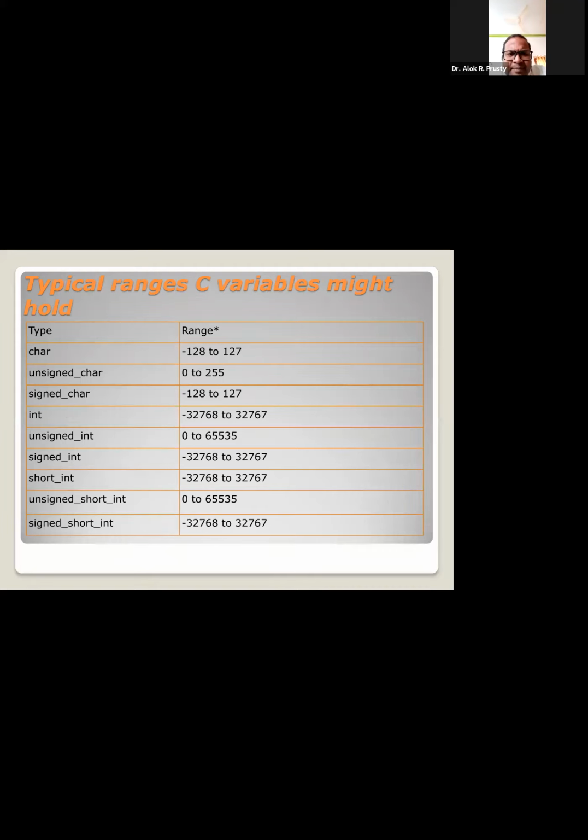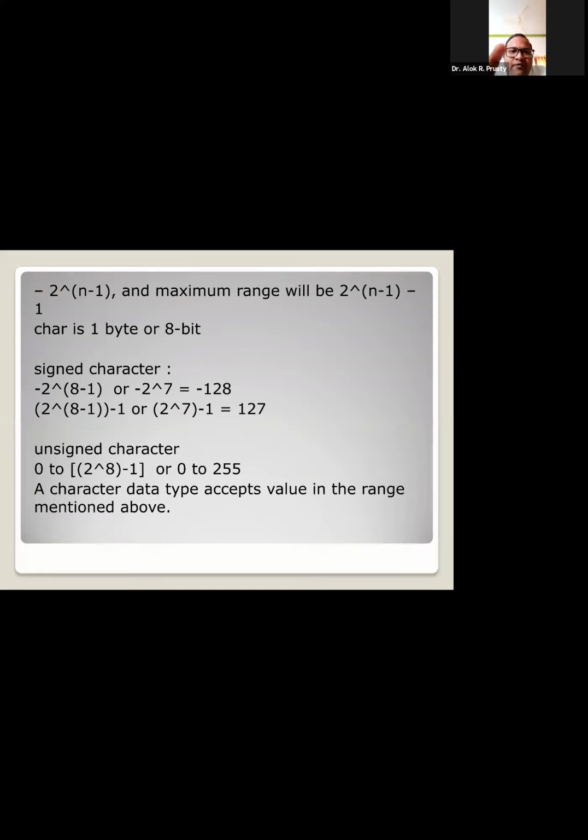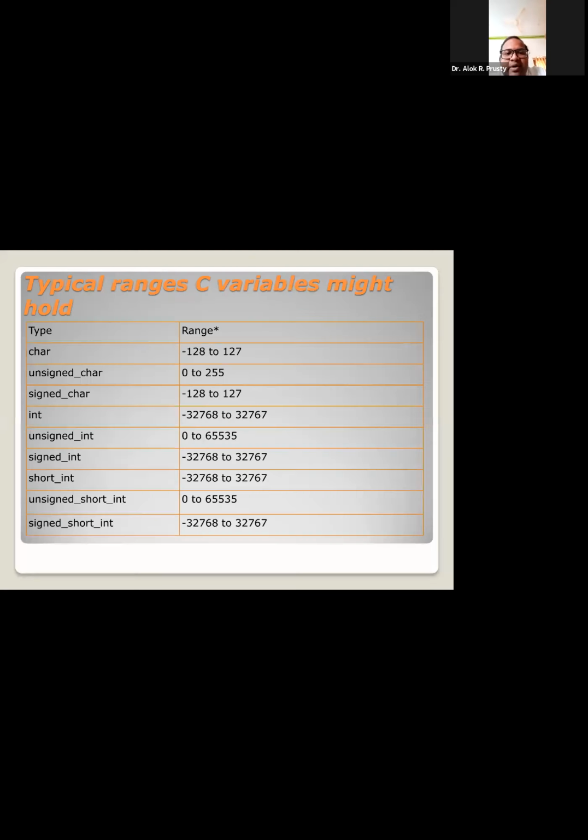Now, the question is how to get the range minus 32,768 to 32,767, or 0 to 65,535. Very simple. Instead of n as 8, you just put 16, because my integer in a 16-bit machine is 16 bits. So n will be taken as 16 to get this particular range.